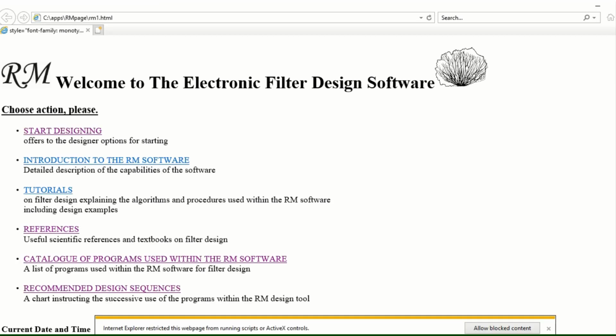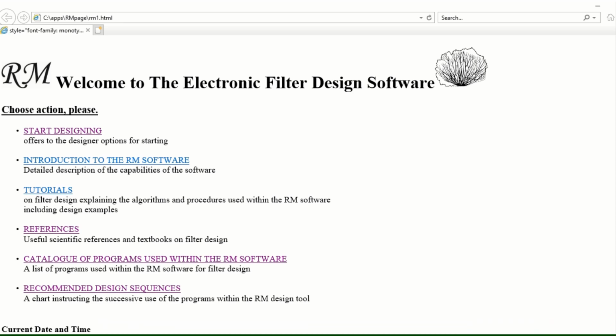First, what we have to do is to allow blocked content, which is done by Internet Explorer. And then before the very starting designing, we will visit the scheme